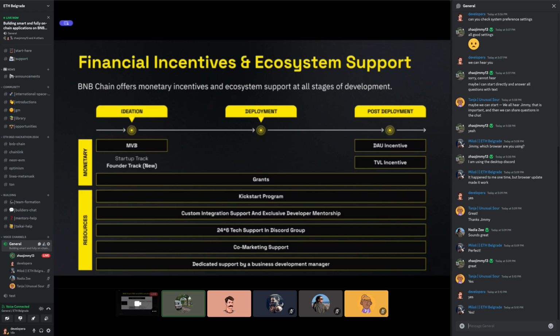It depends on how your project is going to be implemented on the BNB chain ecosystem. It includes grants and kickstart programs, other technical support, and exclusive developer mentorship. Of course, co-marketing is also possible. If you are a builder, you can just reach out to the BNB chain team, and we can define which incentives are most appropriate for your projects.